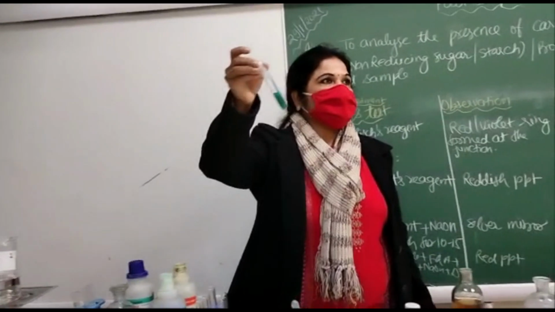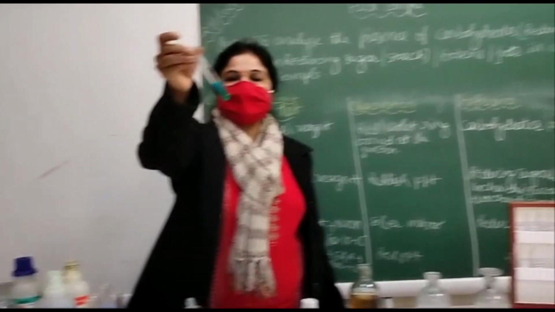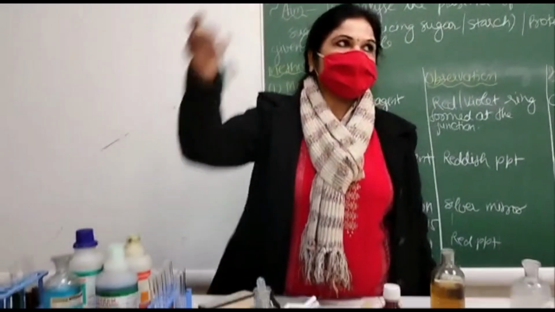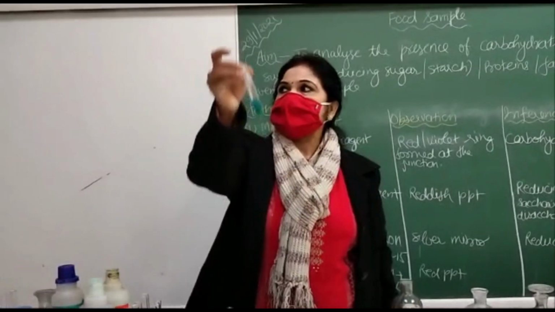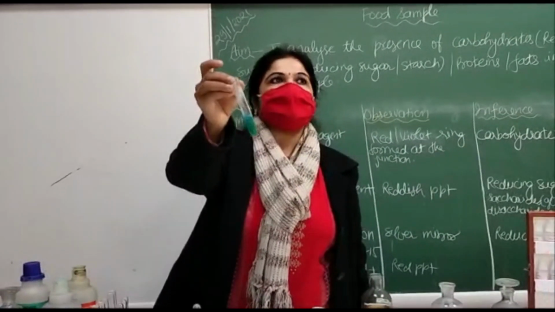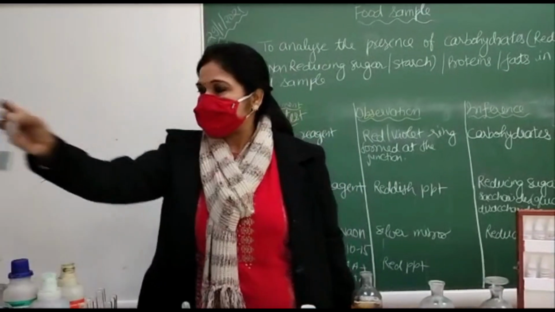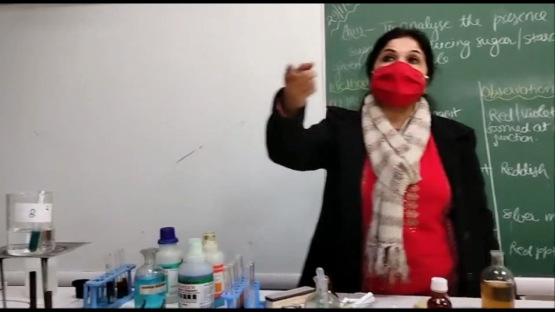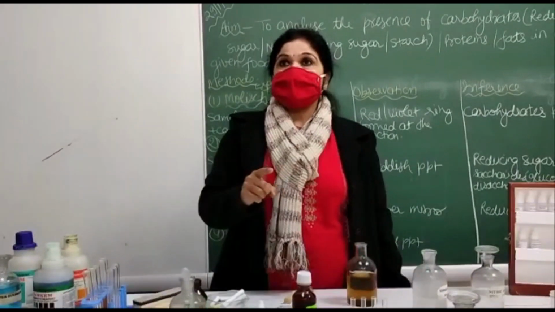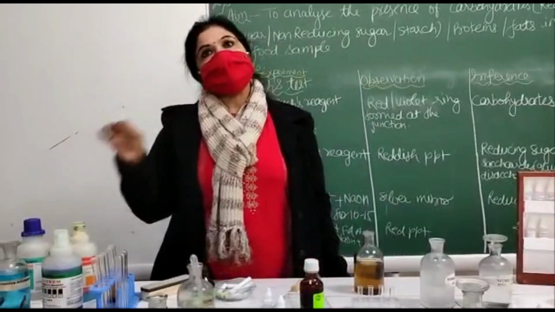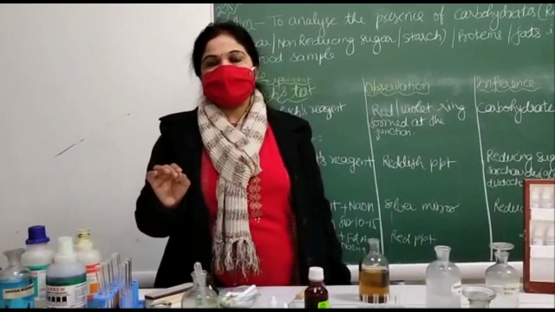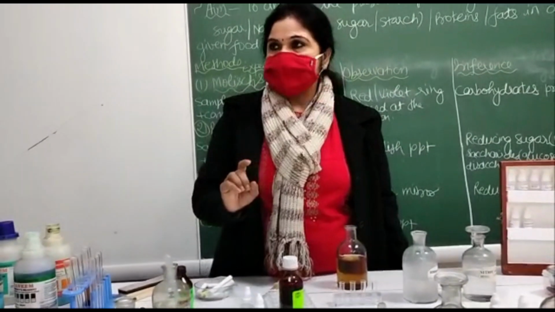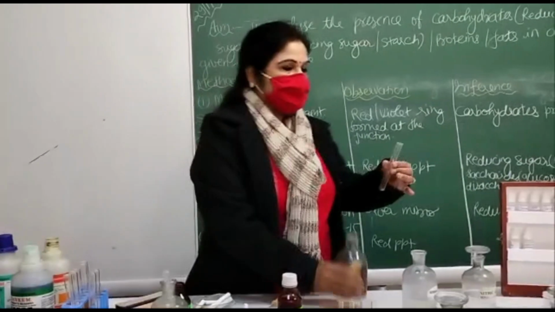So now you have done this Benedict test, Muskan, and you are not getting any red precipitate. So although you have observed the Molisch test, meaning the sample is carbohydrate, it is non-reducing sugar, because there is no formation of any red precipitate, right? So now if it is non-reducing sugar, then you have to go for the iodine test to check whether it is sucrose or starch, because both are non-reducing sugars. So for checking whether it's sucrose or starch, you have to do another test, that is the iodine test.